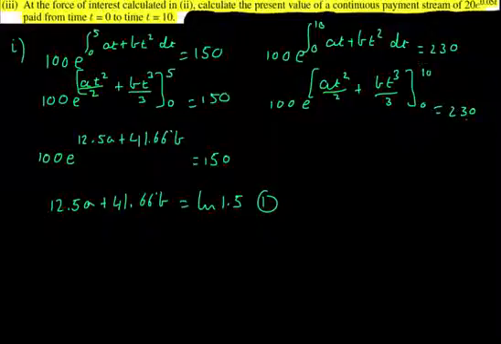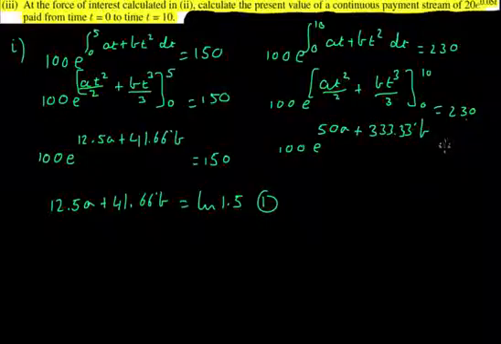Now when we sub 10 into this bit over here, we're still getting 100 in there, so 10 squared divided by 2 is 50a, plus 10 cubed is 1000 divided by 3 is 333.33b, and then when we sub 0 in there, that's going to be 0 plus 0, so all of this minus 0 is the same thing, equals 230. And so now to simplify it, if we just divide everything by 100 and take the natural log,